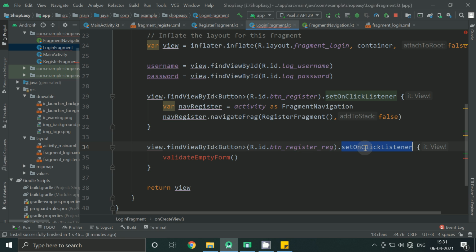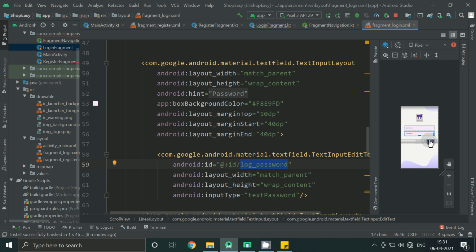Here we will have on-click event when we click on login.